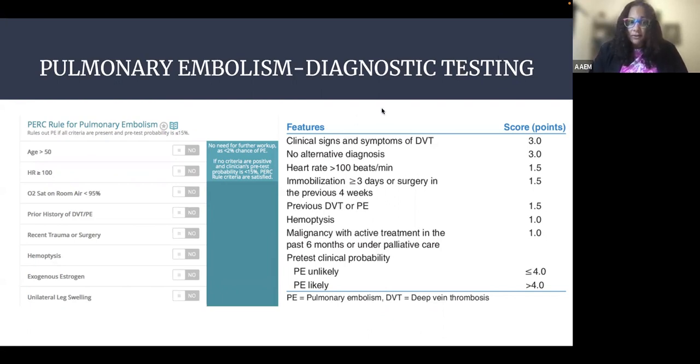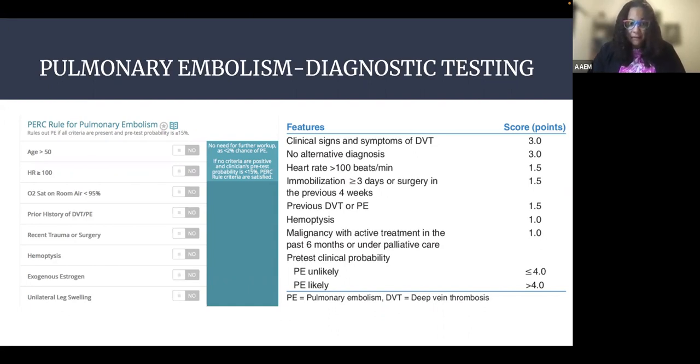They have to be less than 50 years old. They cannot be tachycardic. They cannot be hypoxic. They can't have a prior history of DVT or PE. They can't have any recent trauma or surgery, no episodes of hemoptysis, no exogenous estrogen use, and no unilateral leg swelling. So if you can say to each of these, the patient does not have it, then you can forego